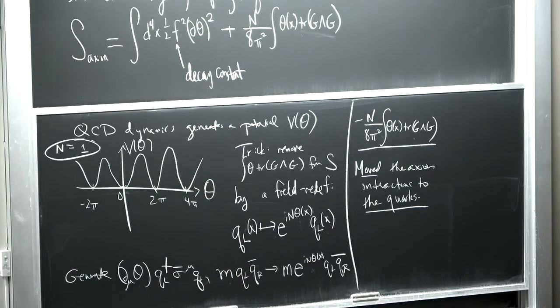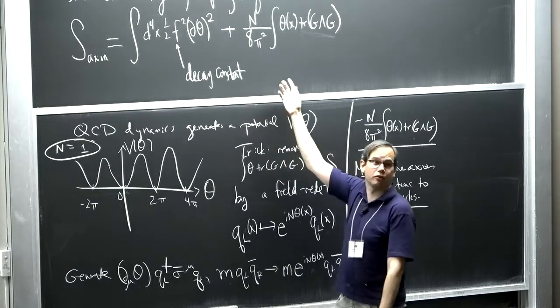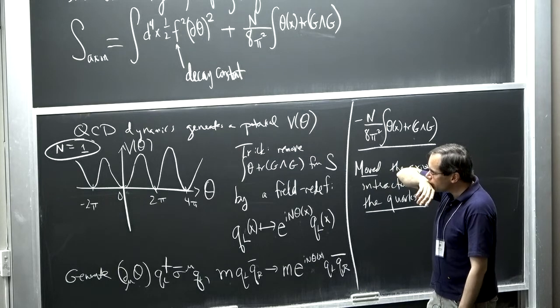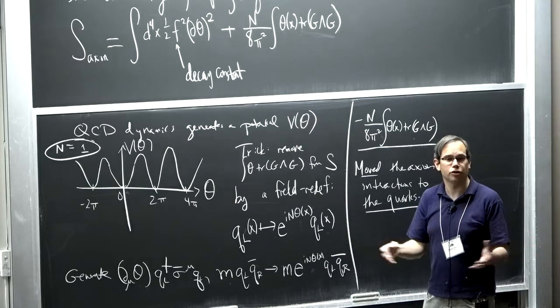I'm mostly in these lectures going to be talking about strong CP, but just something to be aware of. If somebody says the word axion, they might or might not mean something this specific. The other thing to say is what's the difference between just an axion and a Goldstone boson? I guess I would say we could just talk about some periodic scalar and say very similar things. It could possibly have these couplings. I guess the main difference is we usually talk about axions as particles that are very light, much lighter than like pions.